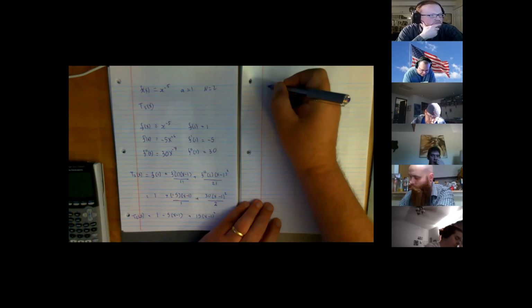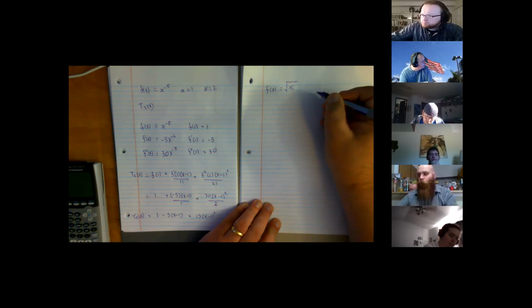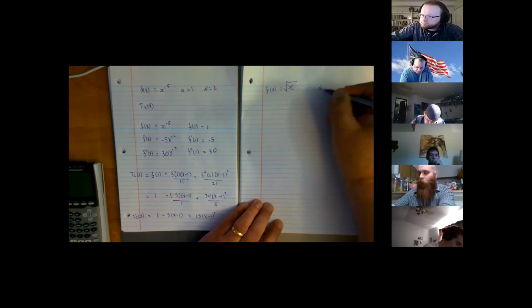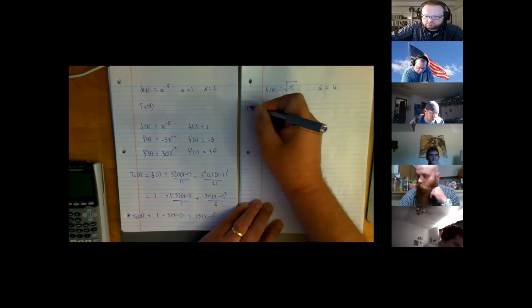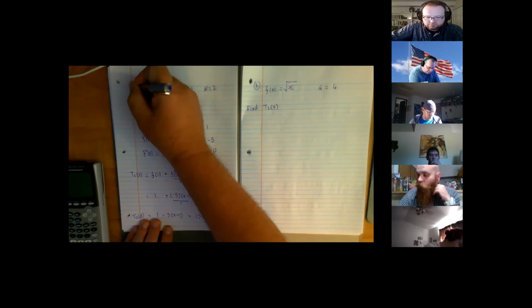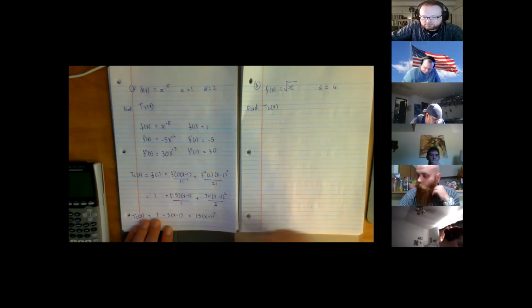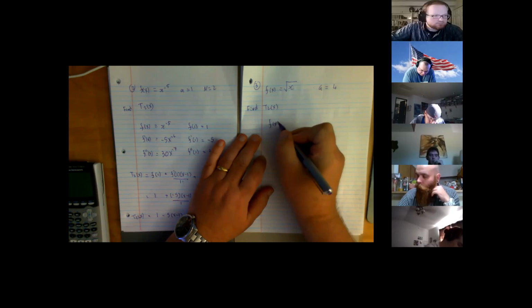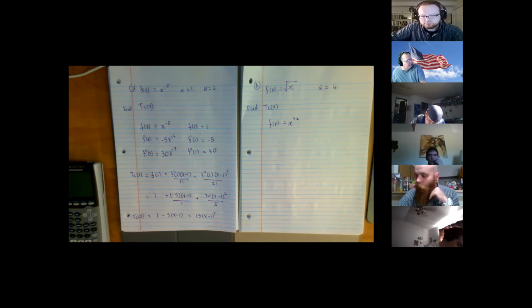Let's try square root of x, centered at 4. And we're being asked to find T2 of x. So this is basically like question 3. That was like question 2. I'll start with my function, but I'm going to call it x to the power of half. Since I know I'm going to be doing lots of differentiation here, it just makes sense, doesn't it, to convert it to a fractional power.